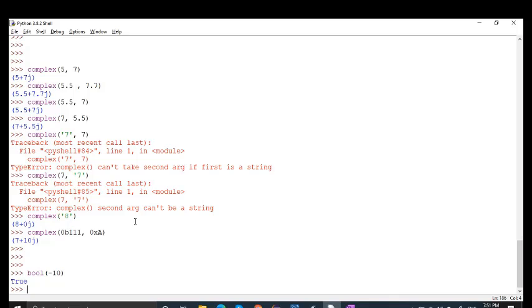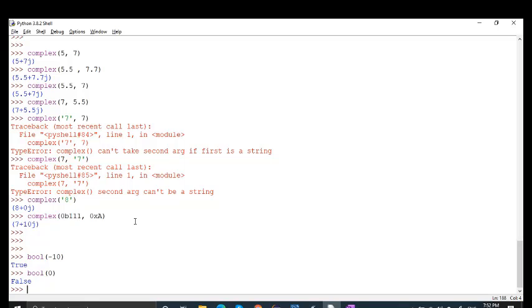So the answer is true. If I write here bool and if I put here 0, because -10 is non-zero, but here I'm writing 0, so it will generate false, right?